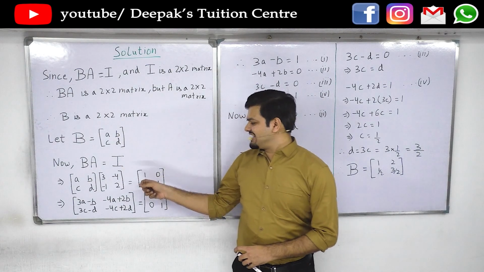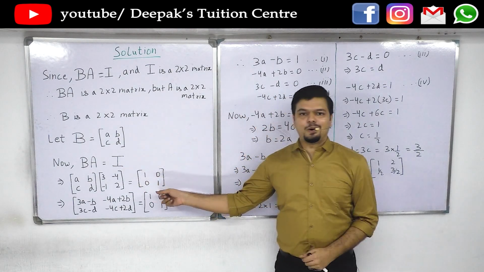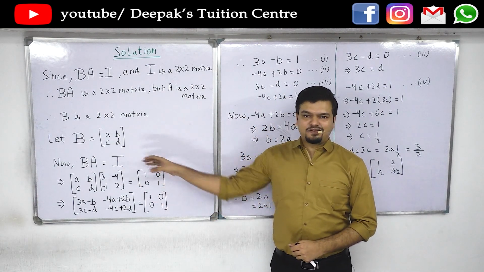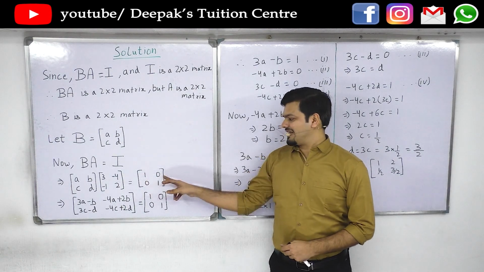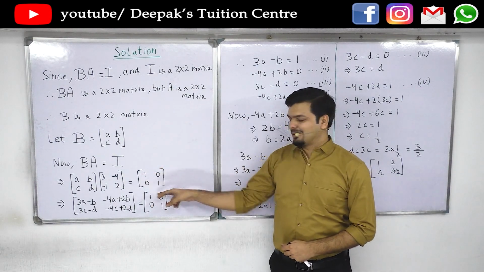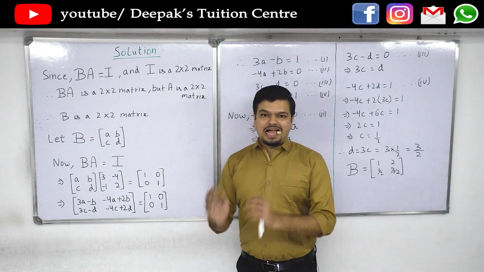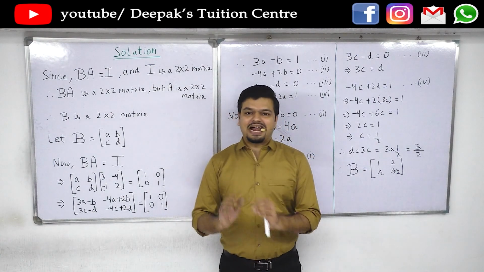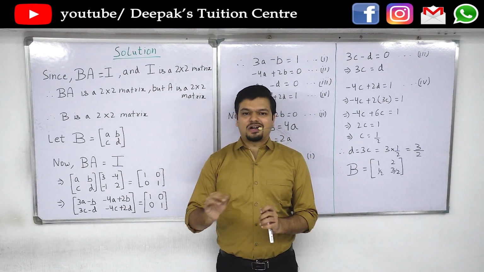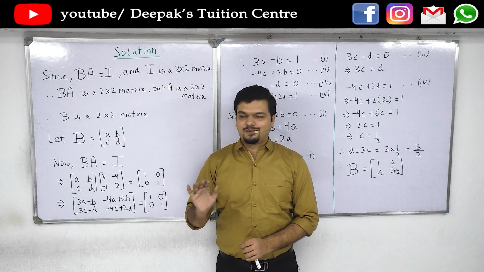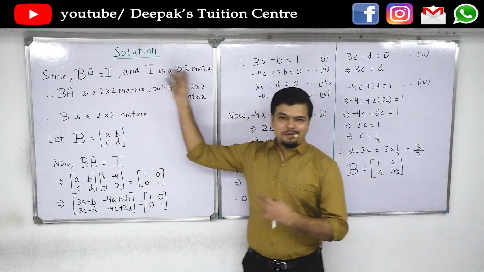So I is equal to 1, 0, 0, 1. Remember it. You have to memorize it. I will always be 1, 0, 0, 1. It will always look like this. So, to calculate the order of B, you have to write certain statements. You just cannot orally calculate and write the order of B. So, you can memorize the statements.